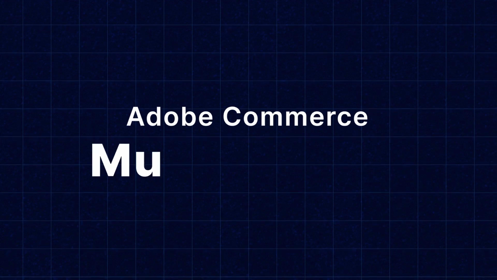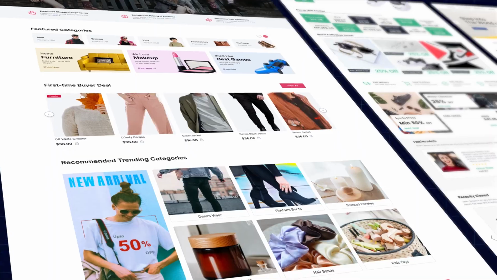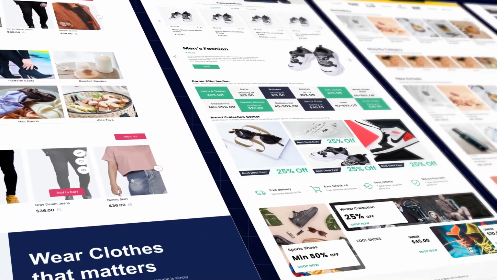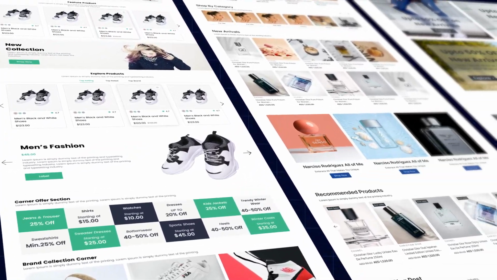Hi, I am Nishtha, introducing Adobe Commerce Multi-Vendor, the canvas for your e-commerce masterpiece. With Adobe Commerce Multi-Vendor, you are not limited to predefined structures or templates. You have the power to unleash your creativity and create a unique online marketplace that reflects your brand identity. From curated collections to niche communities, the possibilities are endless with Adobe Commerce Multi-Vendor.